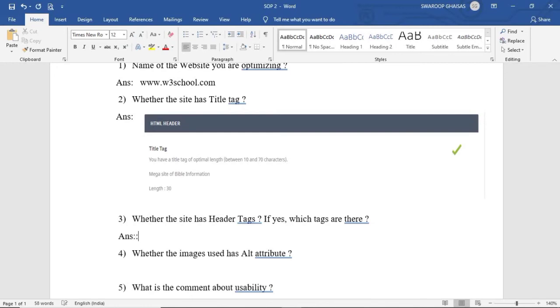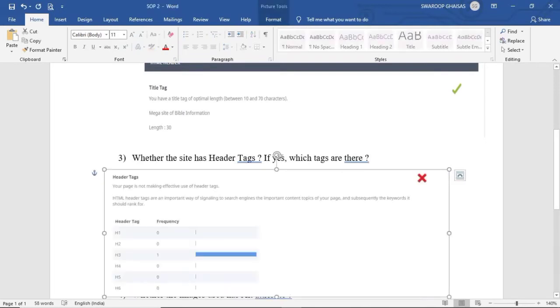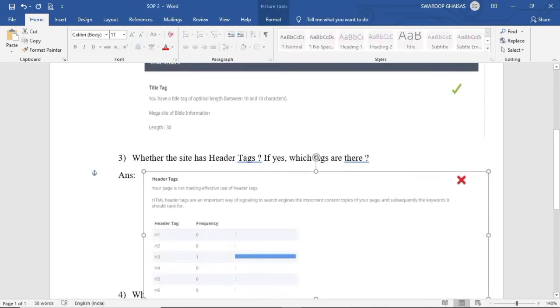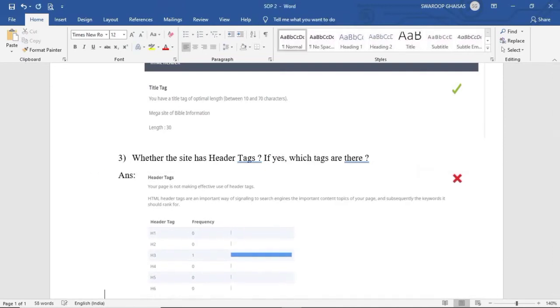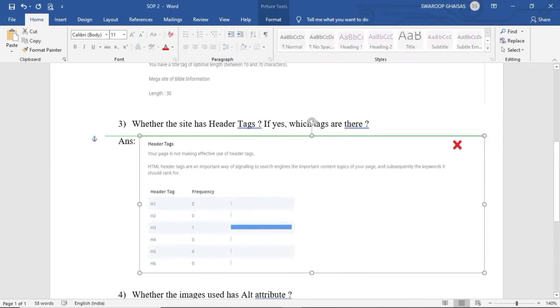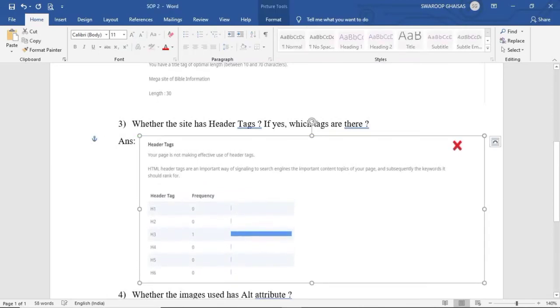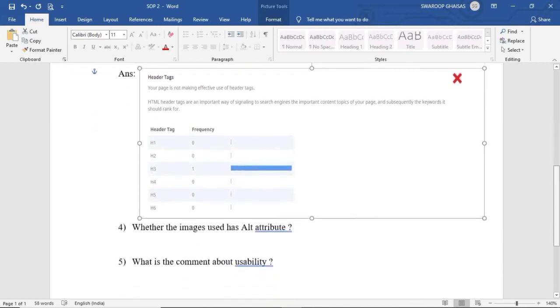So answer, and paste over here. So this is about the header tags.